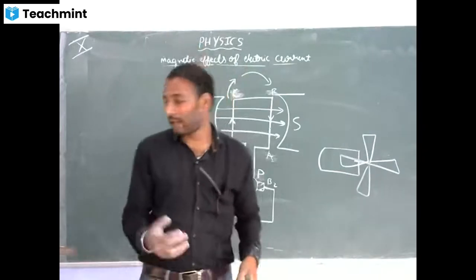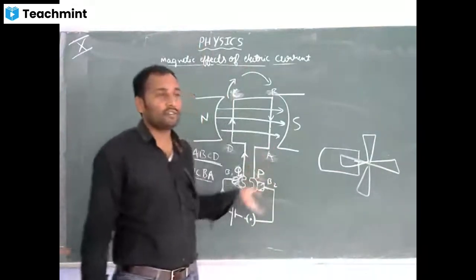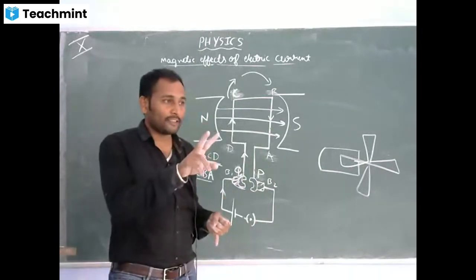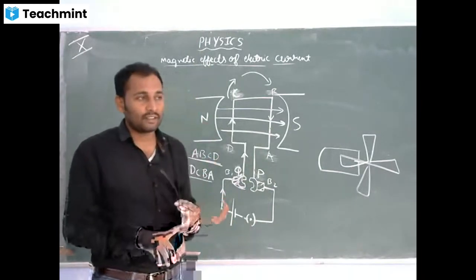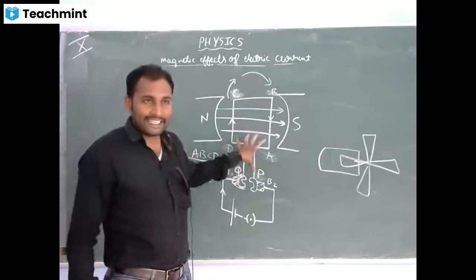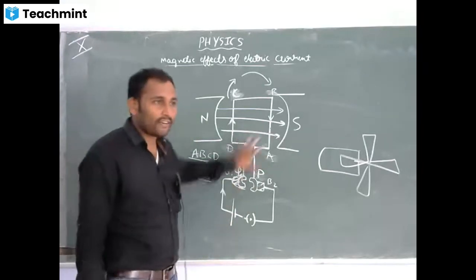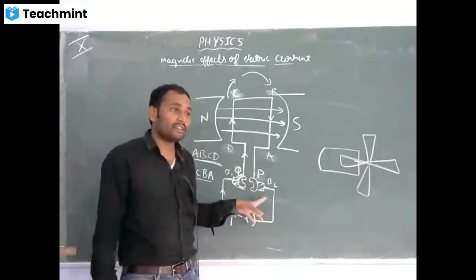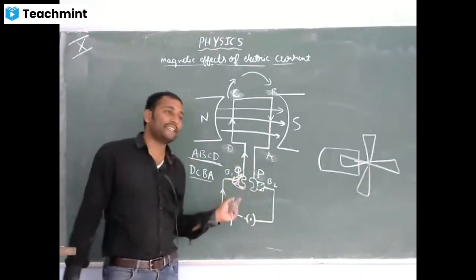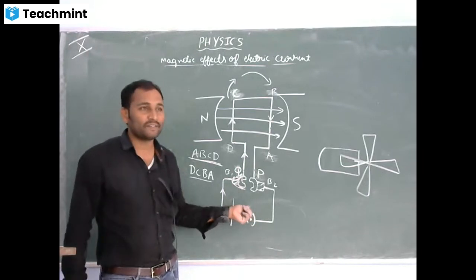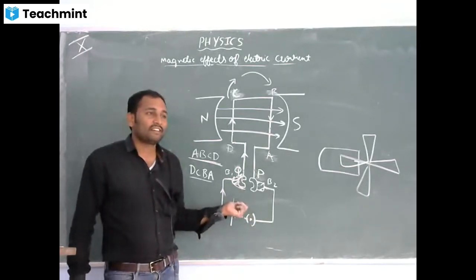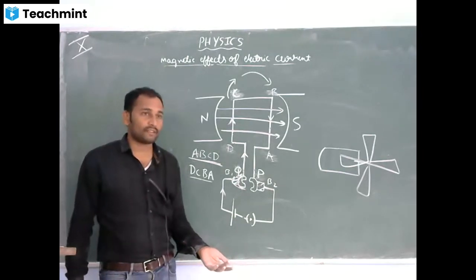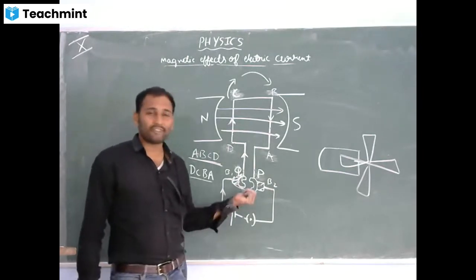Okay, so those are the applications of a motor. I have mentioned it clearly. There are two types of motors: one is the AC motor, one is the DC motor. Is the DC motor clear? Whatever I have explained is the DC motor. In the case of a DC motor, what rings do we use? Split rings. In the case of an AC motor, they will have slip rings. Only this is there for the syllabus.